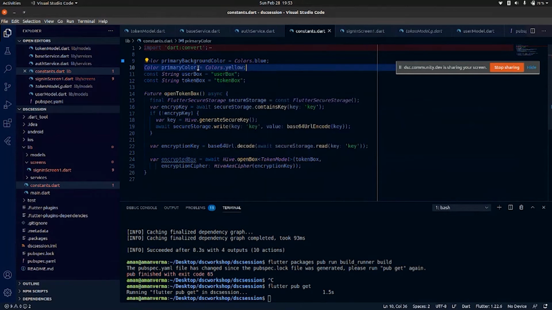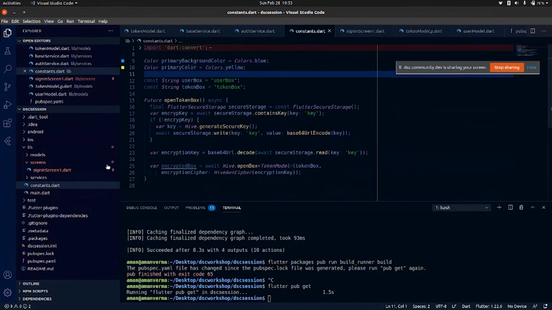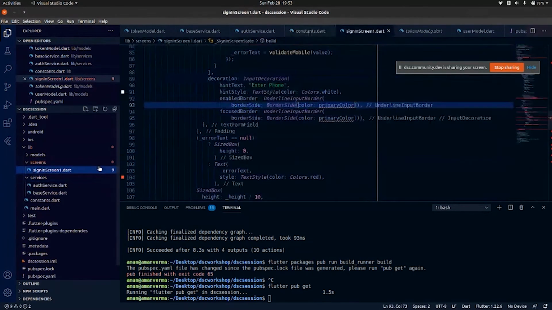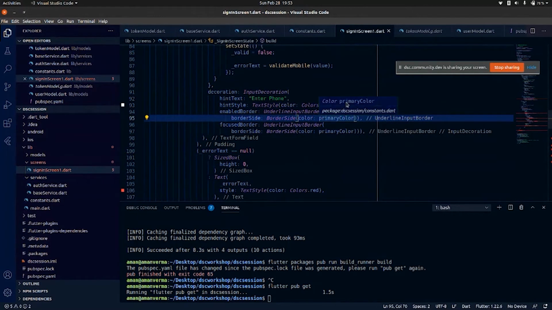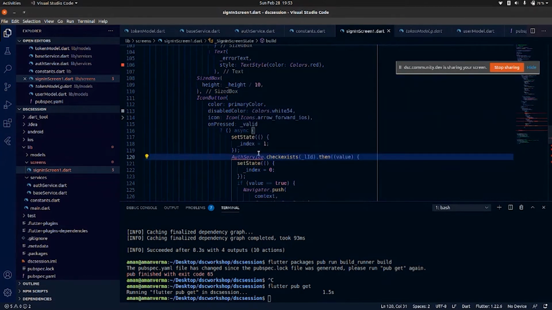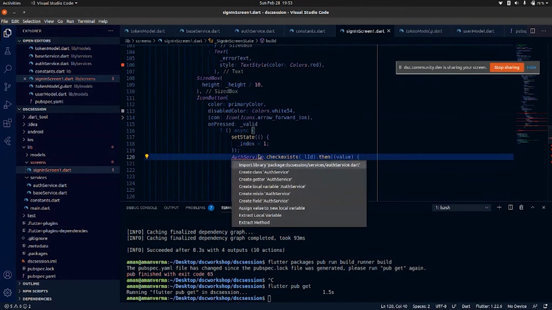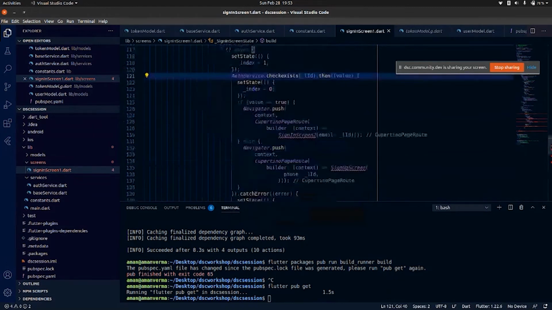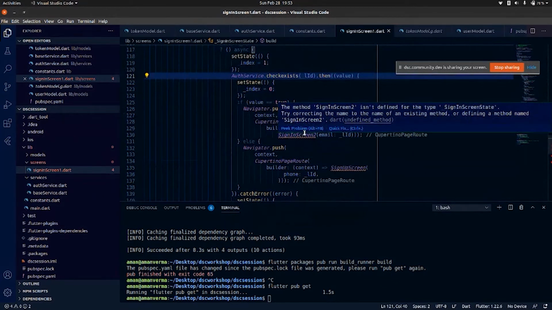Colors dot yellow. Okay, it's also not an error. Auth service. Okay, now we need to